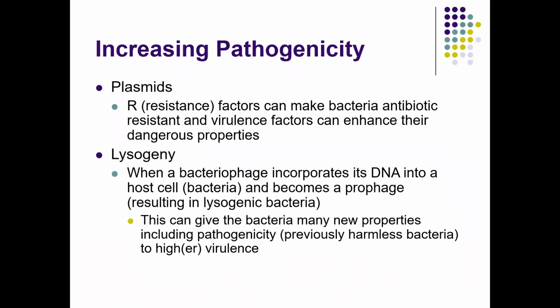Okay, so increasing pathogenicity is essentially how harmless bacteria becomes harmful bacteria. So a lot of it has to do with DNA and genetics, okay? Genetic mutations, evolution of bacteria, things like antibiotic resistance, different strains of bacteria that are more dangerous than others. There's different strains of strep throat. There's different strains of gonorrhea, that kind of stuff. Okay, so we don't talk a lot about this in our class. This is more of a BIO125 topic, but very, very interesting.